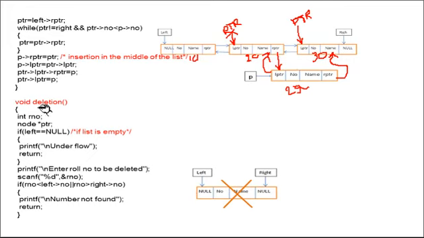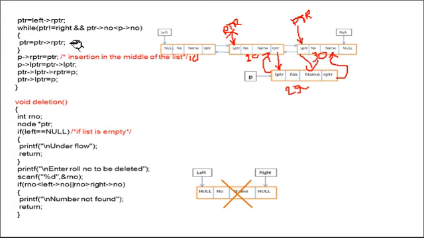Okay, right. Next we have to create one more pointer, backward from this node to this node. That is ptr of lptr equals to p. Now this link will be created. So one forward and one backward pointer will be created. Like that, we insert the new node in between two nodes. That is the third case.